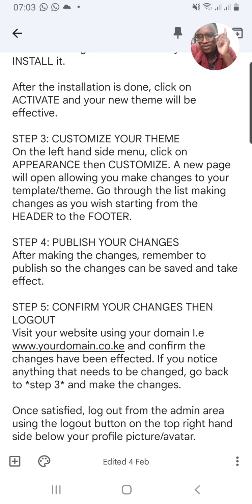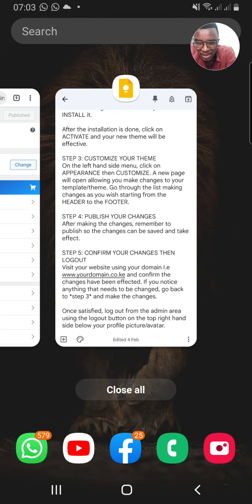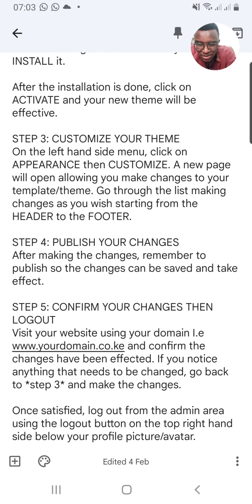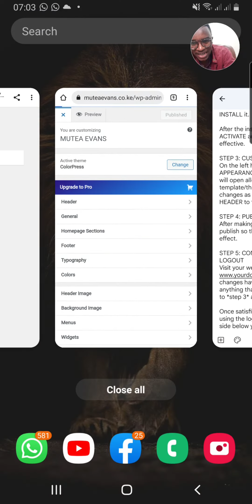Step number 5, confirm your changes, then log out. Once you've done everything, did I say number 3 there? Go back to visit your website using a domain and confirm the changes that have been affected. If you notice anything that needs to be changed, go back to step number 3 and make the changes. Exactly. So once you've done all that,